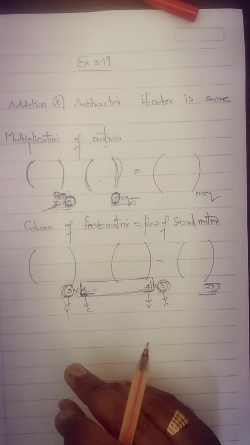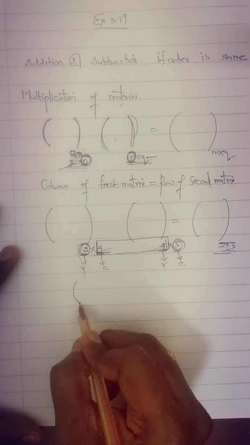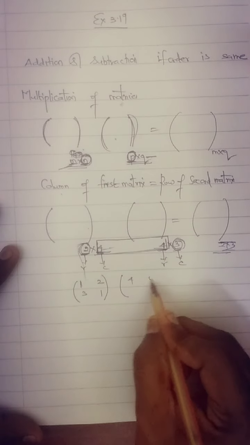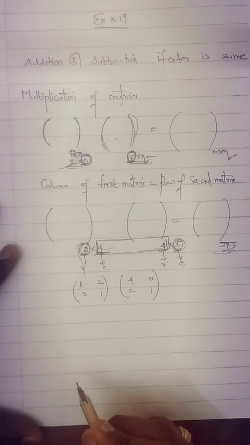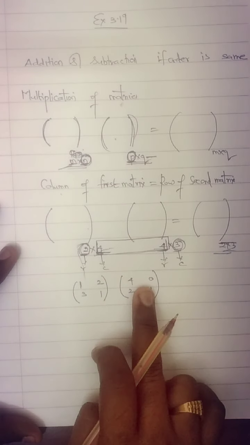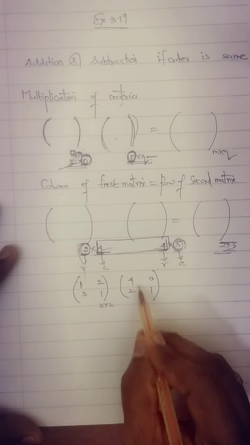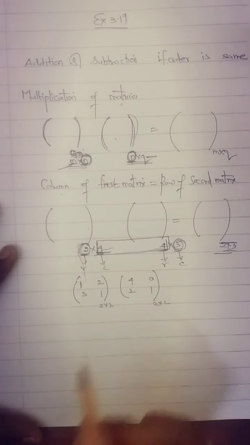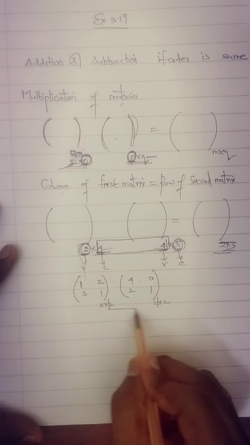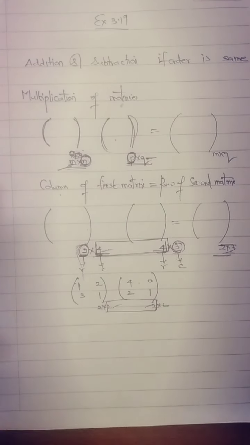In the textbook they have given one method. Now I am going to follow another method. First I will take one simple 2 cross 2 matrix: 1 2 3 1, and 4 0 2 1. First, I need to check whether multiplication between these two matrices is possible. The order of each is 2 cross 2. The first matrix column and second matrix row are the same. If both are the same, I can do the multiplication of matrices. Otherwise, I can't.